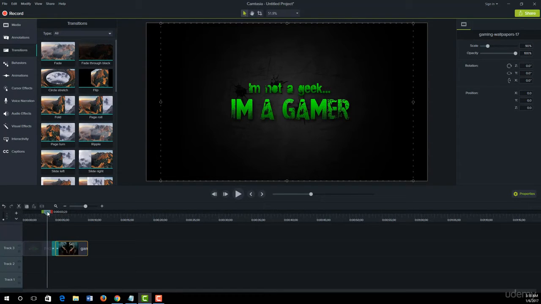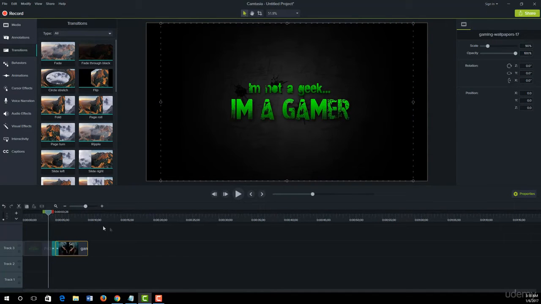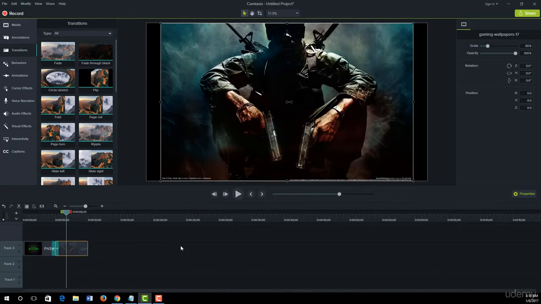Here we successfully added the fold transition effect between 2 images. Let's play. Here we see some green portion. If we want to modify this transition effect, for example, if we want to play this transition effect slower, we